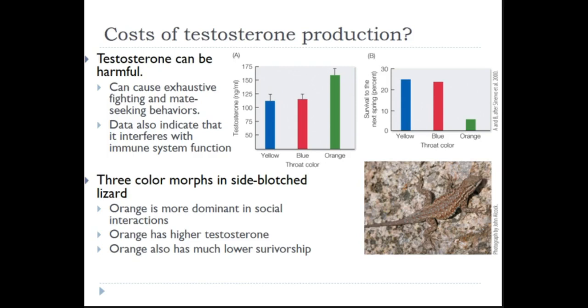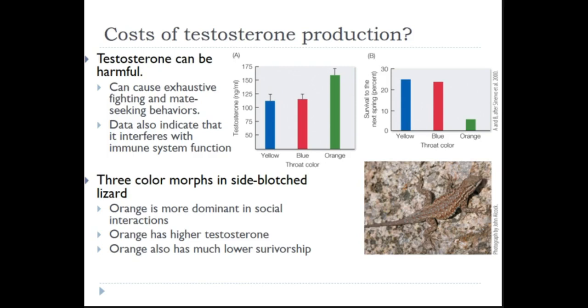It is worth noting, I kind of made an allusion to this before, but testosterone also can be pretty harmful. Here's an experiment where they're looking at these little guys. These are side-blotched lizards, and they're a fairly common lizard. I think these are from the American Southwest. You can't really see from here, but if you pick them up and look at their throats and their bellies, they have a big colored splotch, kind of right through here. And a lot of lizards have this kind of appearance, especially within this particular lineage.